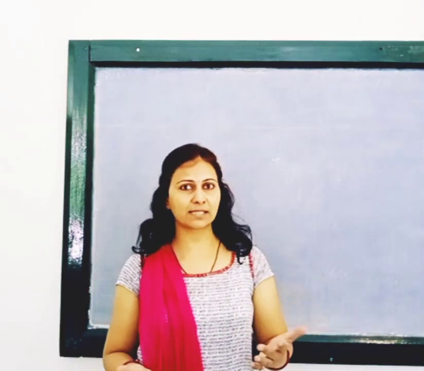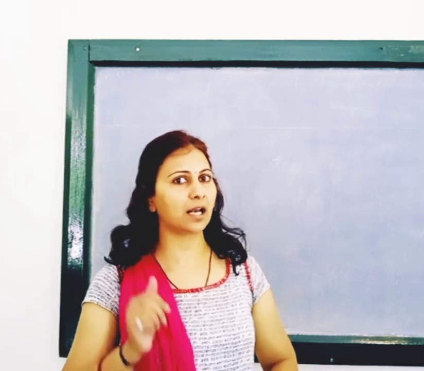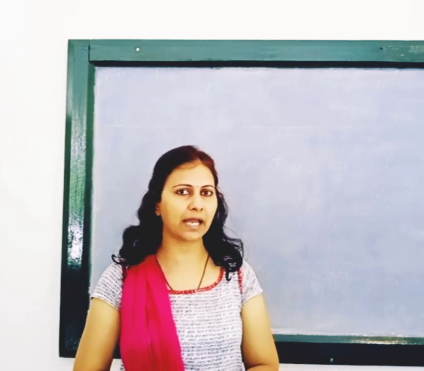Okay. So if I ask you how the globe looks, your answer will be it is in the round shape. If I ask you how the glass of the rain gauge looks, you will say that it is in the cylindrical shape. So now here you can explain or describe the particular thing.